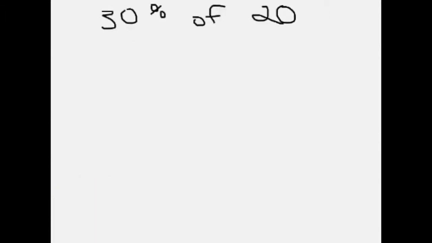Please write this problem down on your worksheet. The first one, we're going to find 30% of the number 20. To do this, we're going to write 30% in decimal form, which is going to be 0.3. The word of is multiplication, and 20, we've just written down our problem. We can set it up vertically and multiply. So 20 times 0.3,